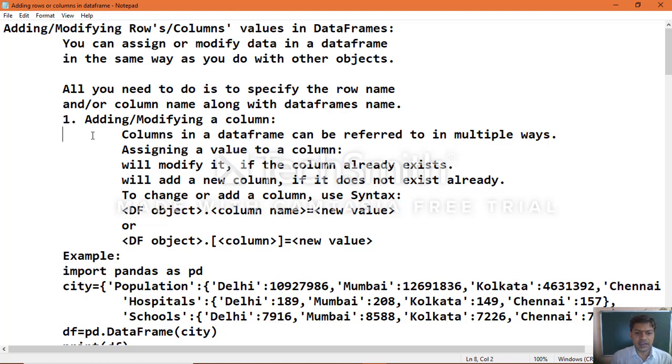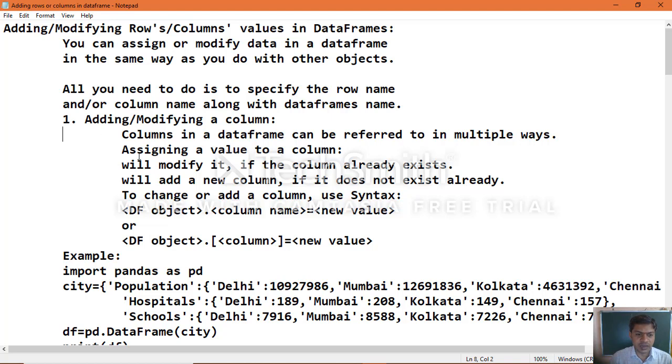Columns in a data frame can be referred to in multiple ways. Assigning a value to a column will modify it if the column already exists. We will add a new column if the column does not exist already.